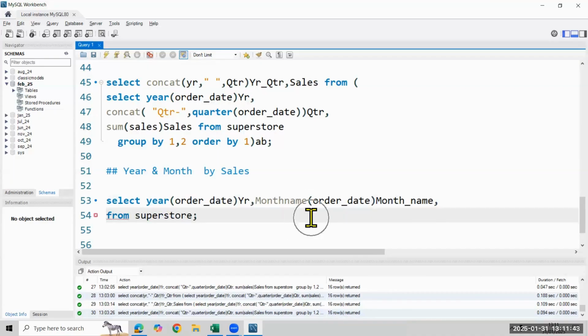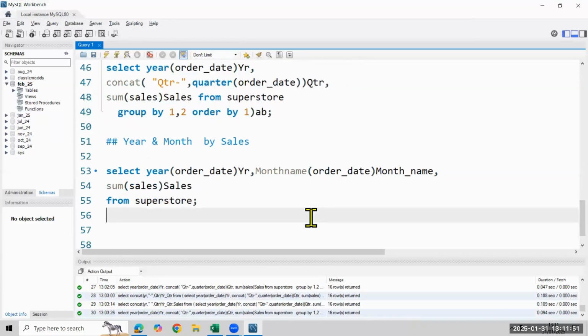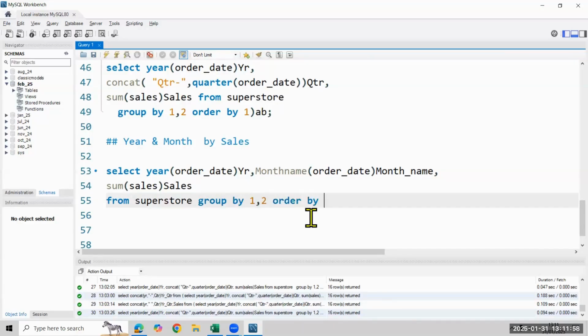Okay, let me just run and check it out. And you need to write sum of sales as sales. And then what do you need? Group by 1, 2. And then if I write order by 1, 2,